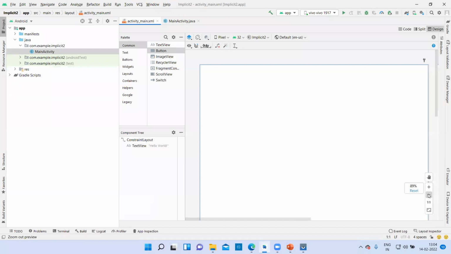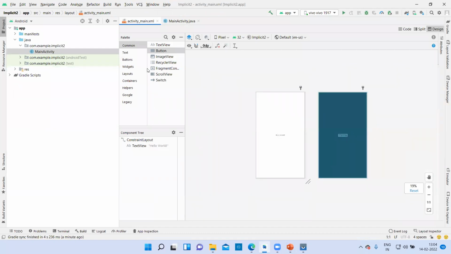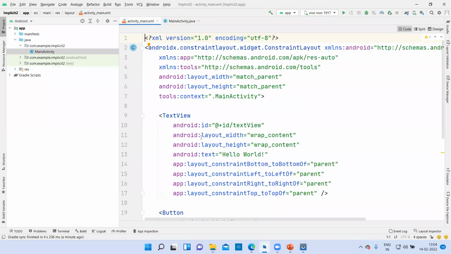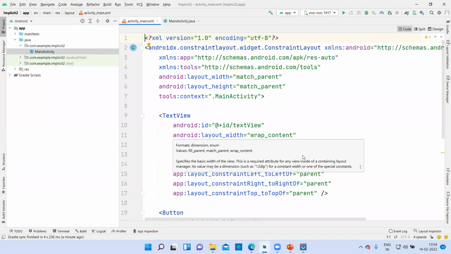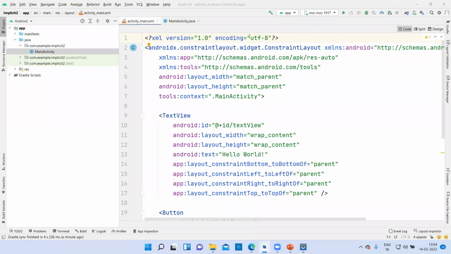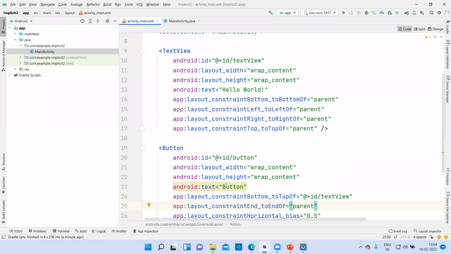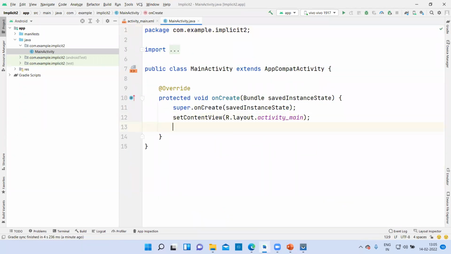This is there now. You will drag one button and name it as implicit 1. That's it. Align it horizontally, vertically inside the class, and in the code part, just give that implicit intent. That means we are trying to open different application from our activity. So this is there, and go to this, write down